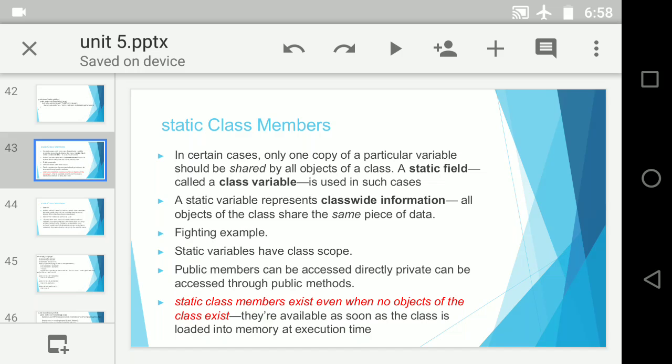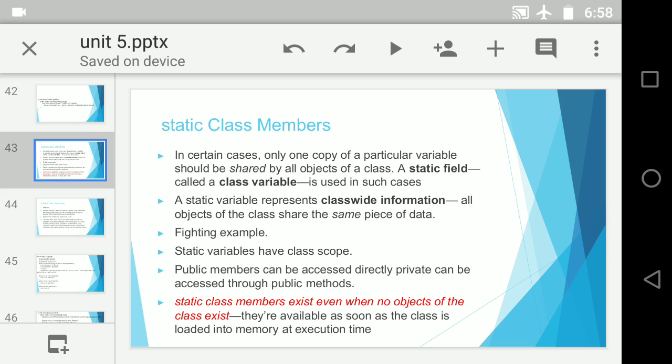Let us just start with today's topic. Today's topic is extremely simple. I will be discussing only one program in today's topic, but let us make it rigorous. What did we learn in the previous part? What exactly are static class members? Static class members are those class members which are shared amongst all the objects of the class. A variable is called a static variable, or a class variable, or a static field, only if it is shared by all the objects of a class.